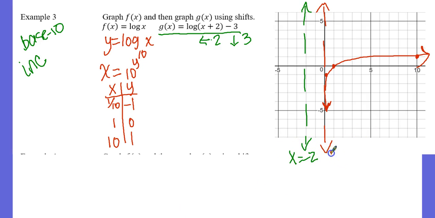I forgot to label my other one, x equals 0. And then I'm just going to take all of my turning points and shift them left 2 and down 3. So left 2, down 1, 2, 3. No, right there. And left 2, down 1,